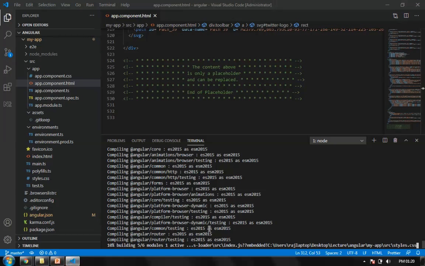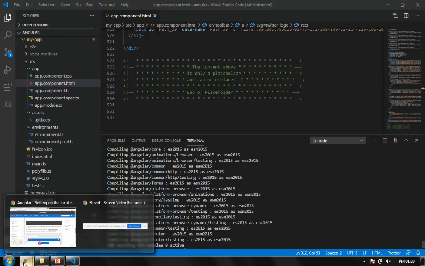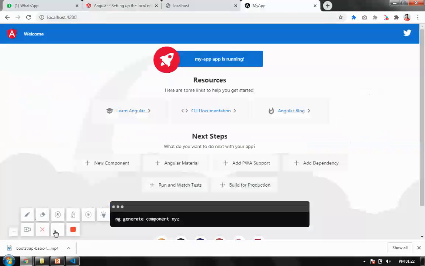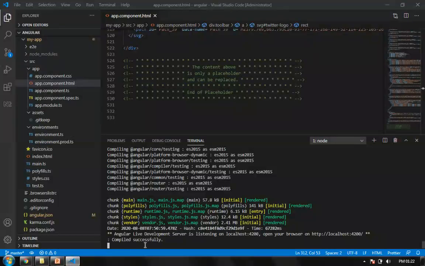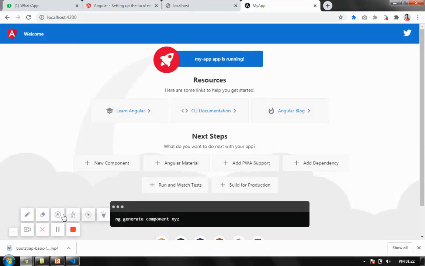So I started this. Now my compiling started for all files. It is for 6 modules. 10% of the modules have been compiled. Again, I am pausing. So I think, yeah, from zero it has been converted and the app is successful. It is showing me what browser location is going to open. But if you say dash dash open, it opens that app directly in the browser.